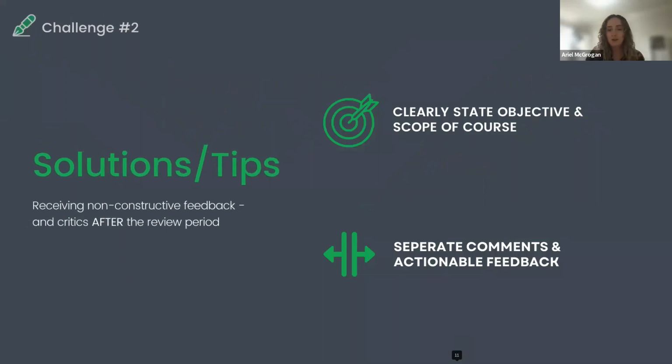So here, what we really want to do is make sure that the scope and the objectives of your course, of your project, are super clearly stated. Even if one of your reviewers was the person that gave you these objectives, even reiterating these objectives to them could be a good idea. They might have forgotten. And so it's really important that everyone reviewing your course knows who this course is for, why this course was created, what content it's meant to cover. And this will allow them to be able to provide strong feedback that actually is helpful instead of just sounds